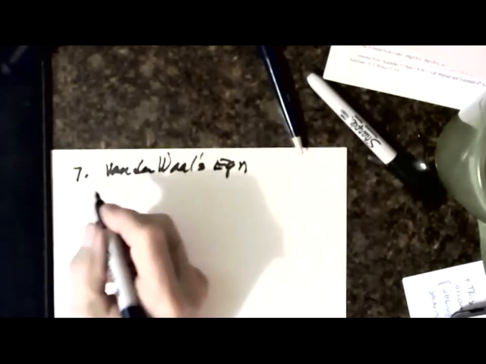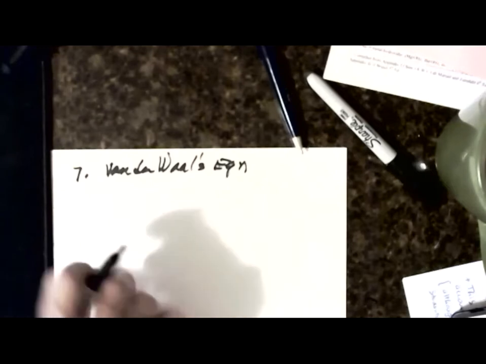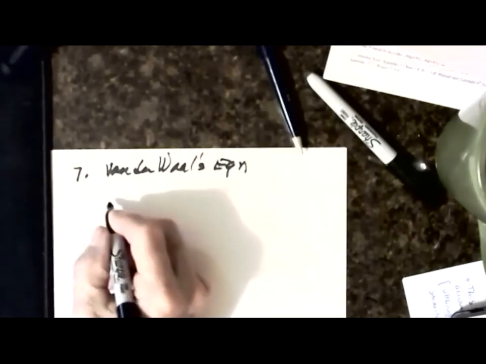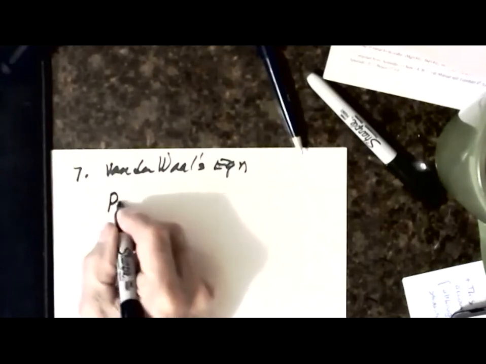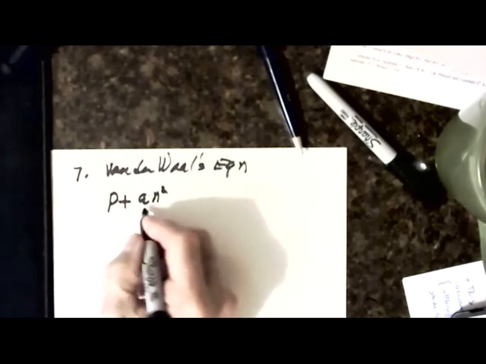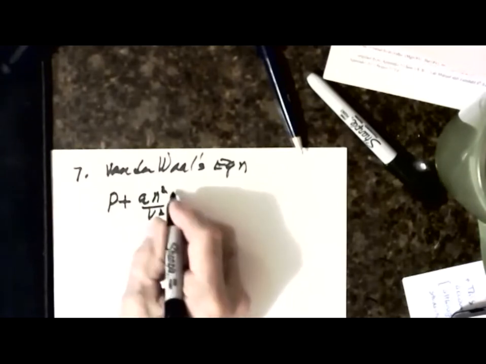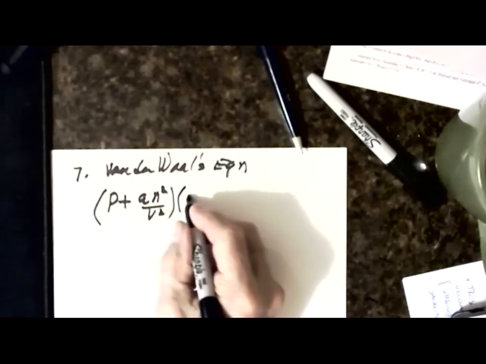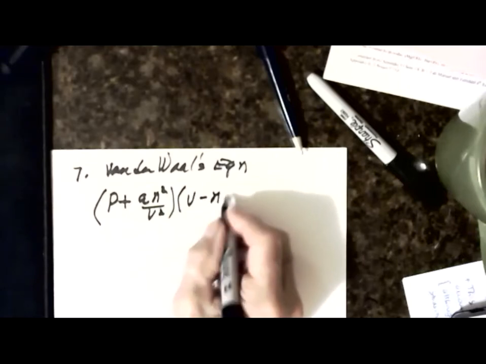I'll give it to you on the final if we need it, but on each unit exam, you have to learn formulas and constants. The equation is P plus A n squared over V squared, look back at your derivation if you want to, times V minus nB